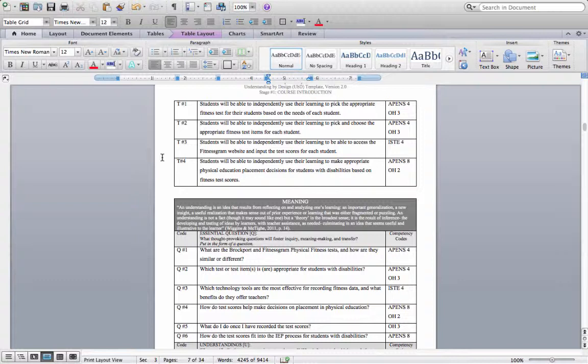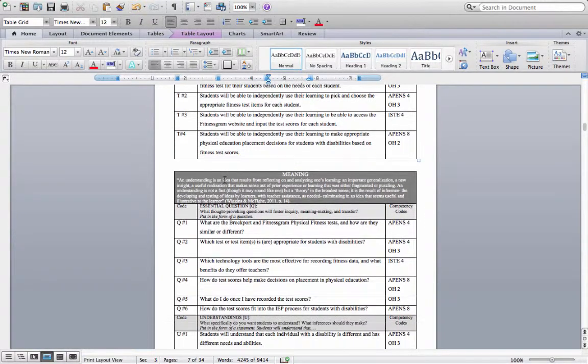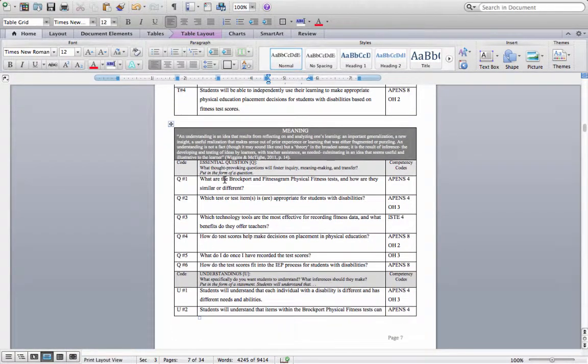And so, since I'm not there, I need to teach my students how to figure that out. They need to know each of the tests, each of the test items, and they really need to be able to say whether or not that fitness test item is going to be appropriate for a student with a disability. And if it's not, then they need to be able to pick an alternative that would be appropriate. And then, that last transfer goal, based on the screening, the assessments, and things that they do,